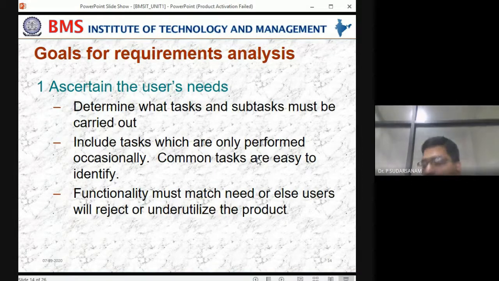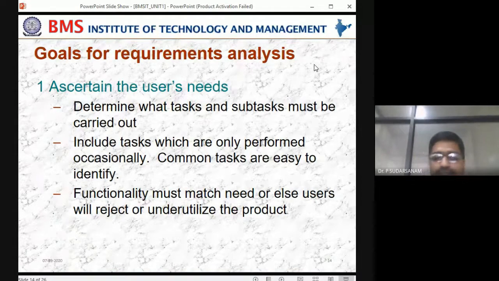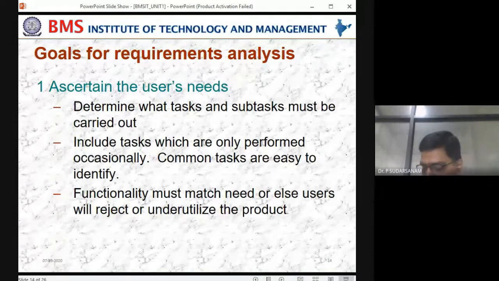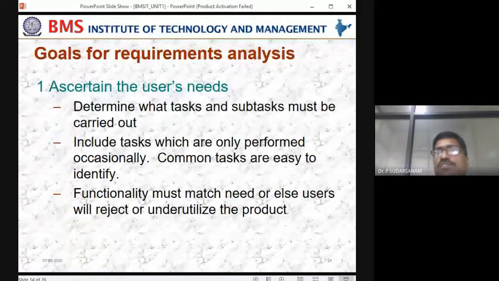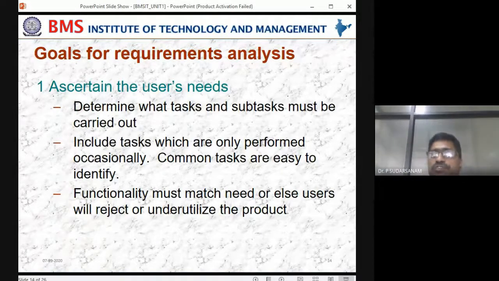What do they have to do? What is their role? For example, as a student, once you come to the college, what is your role? You have to attend the classes and write the examinations. In between, you have to write the assignments. All these are tasks and subtasks. First itself, that is the orientation. They will tell you very clearly the passing criteria and what you are supposed to do. The teacher, HODs, or department has to say this clearly.